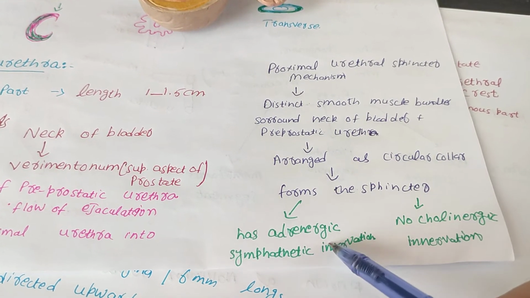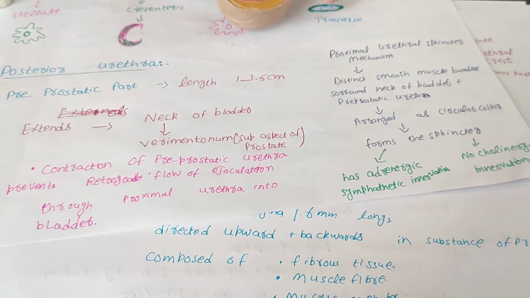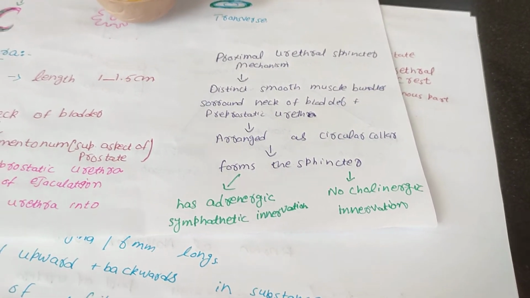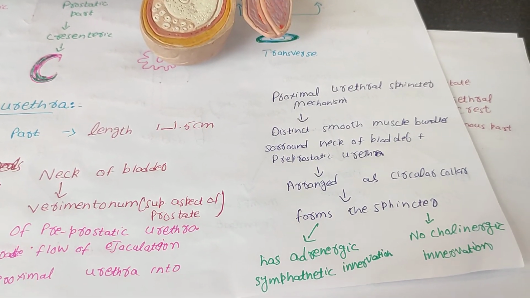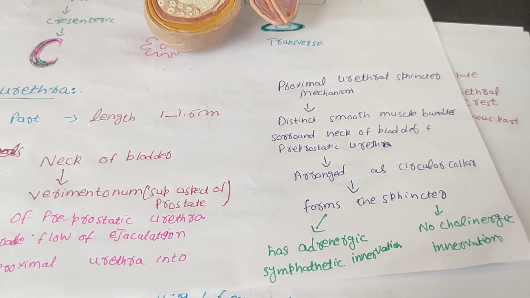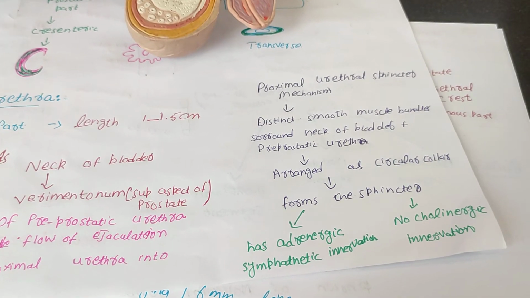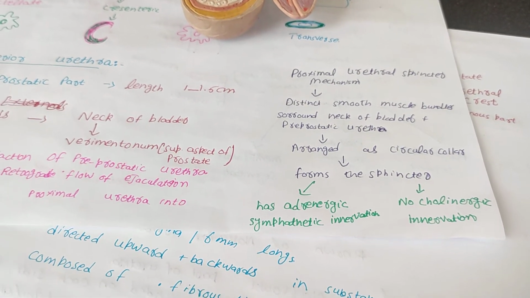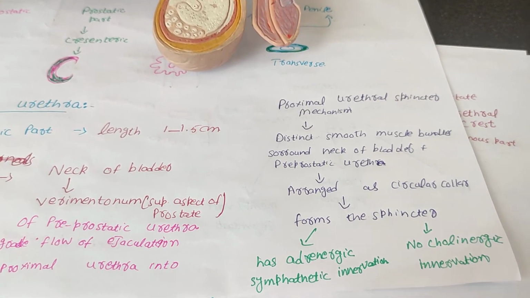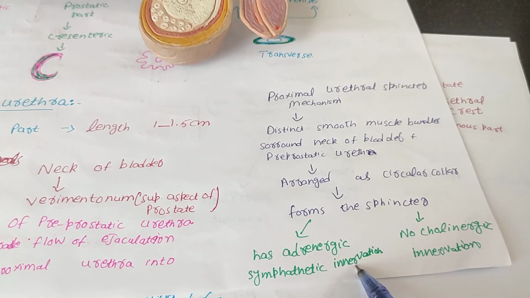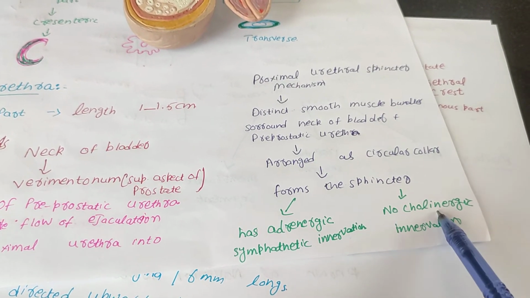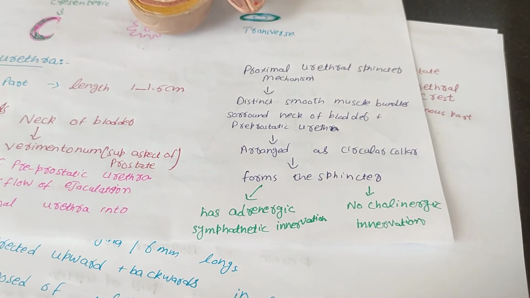That sphincter will be innervated by adrenergic sympathetic innervation. Adrenergic innervation is also known as the sympathetic fibers, while cholinergic is also known as the parasympathetic fibers. We have discussed in the urinary bladder lecture that parasympathetic is a relaxed state when we feel like a micturition reflex or urinating, but sympathetic is an activity of fight and flight, and in that activity the person gives orders to the brain not to urinate, and adrenergic innervation becomes active. So this sphincter has only those emergency sympathetic innervations and no cholinergic innervation, and it will act as a urethral sphincter mechanism.